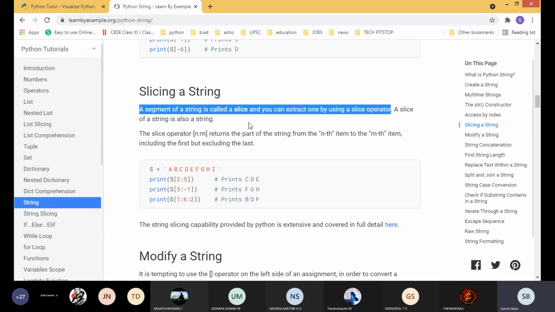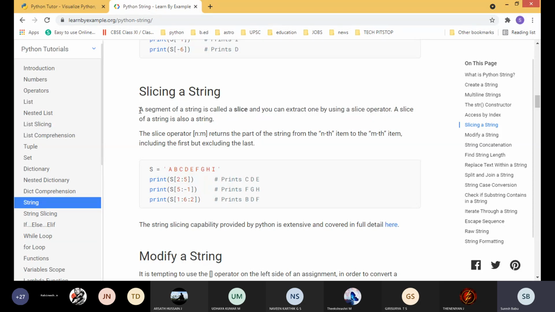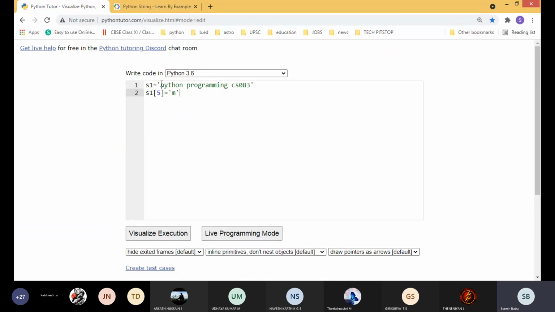This we already saw with the help of the range function. A slice of a string is also a string. For example, if you need Python alone, that is continuous characters, you can use the slice operator.